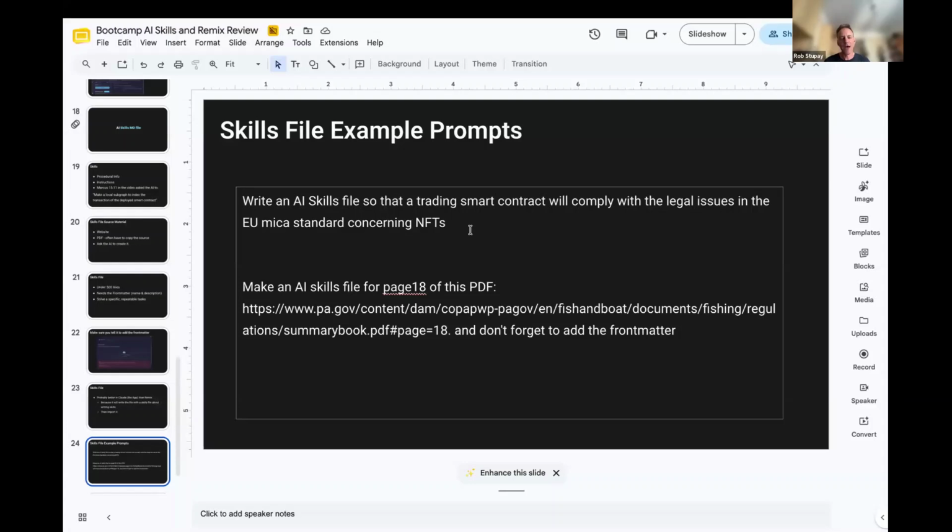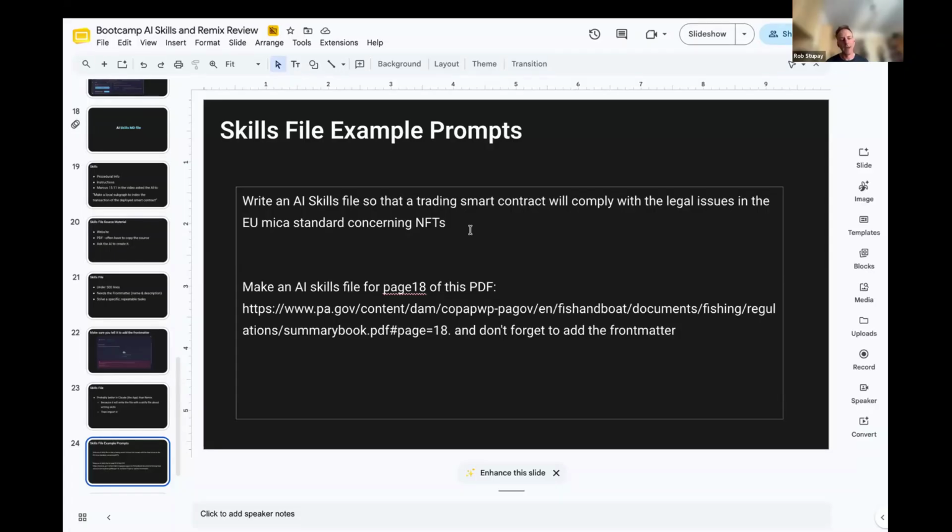And so I found a site that had lots of instructions about MiCA. And then I put that into Remix. I put it also in Claude. I tried in Claude, but I didn't test it. So I assume that's going to be correct because I'm giving it some good source material.